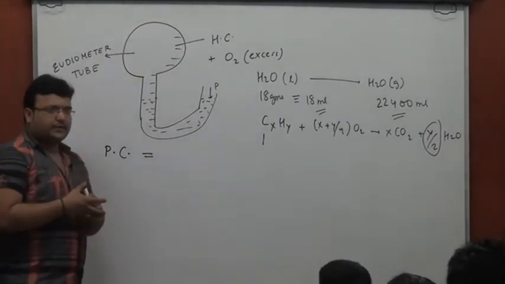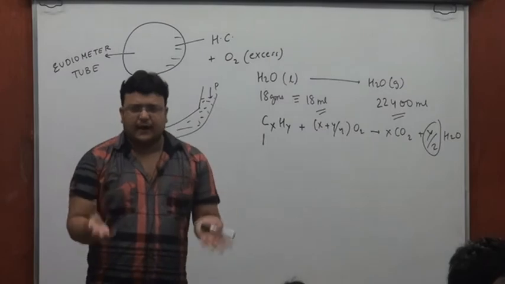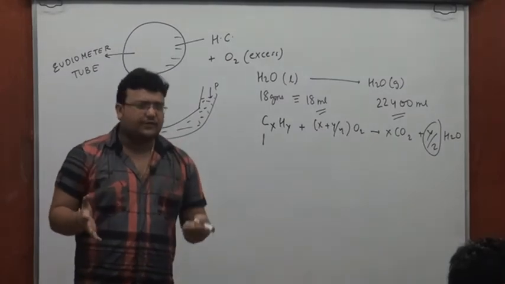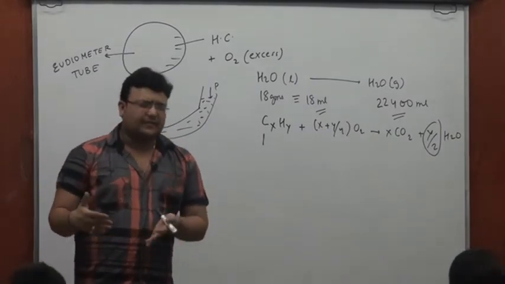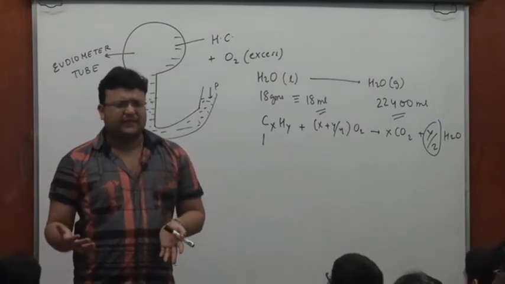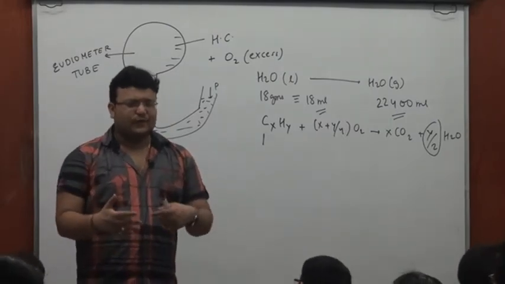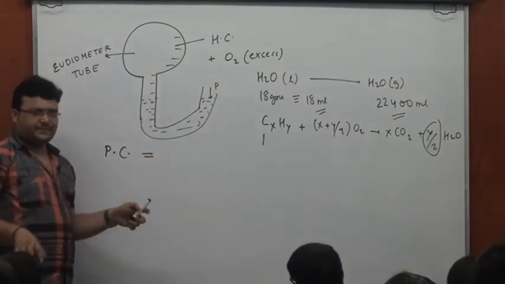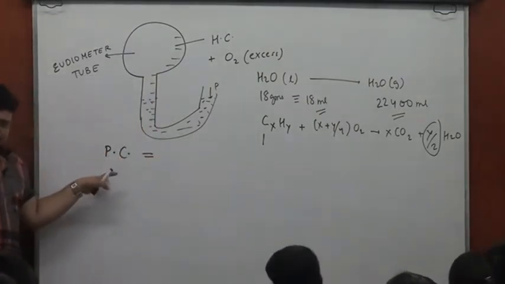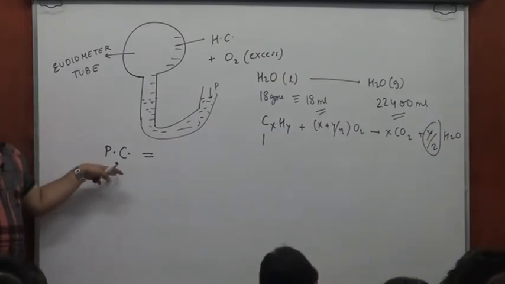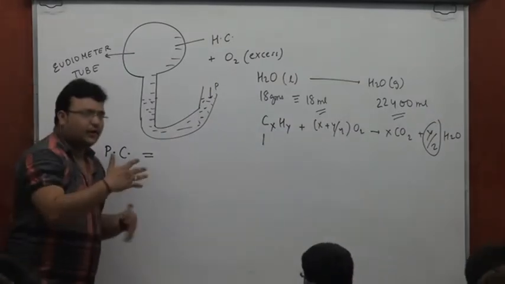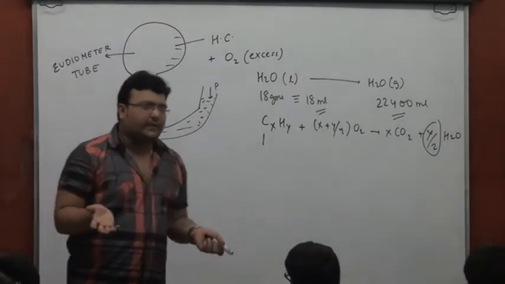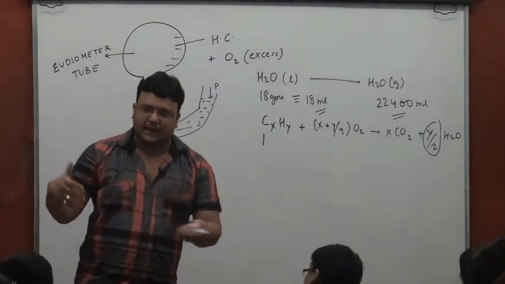Primary contraction is the contraction in volume when you burn the hydrocarbon and then you allow the system to cool down. Get rid of this habit. You don't need to write definitions for everything, my friend. No one will want you to define primary contraction. Don't write definitions. You'll want to understand it. Primary contraction is the contraction in volume once you have let all the hydrocarbon burn and then you allowed the system to cool down so that water became liquid.